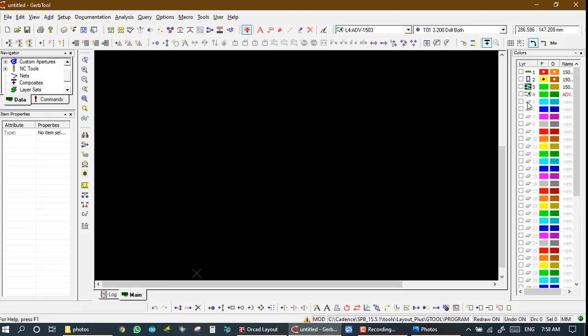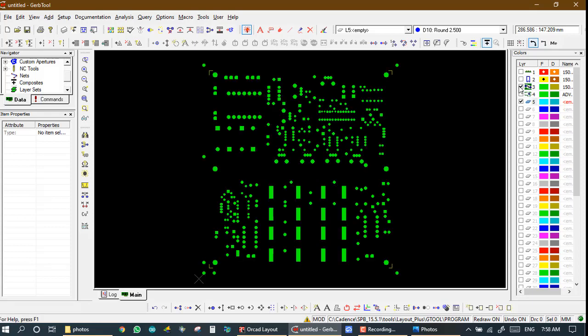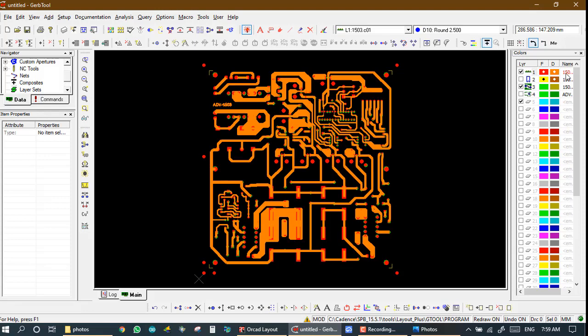Now we make a new layer, layer number 5, and we also keep the masking layer. But here the active layer is the 5th layer, because if we double click on any layer, the color is red on the name, so it is the active layer. If I press on this, the red color is on the silk layer, so the silk layer is my active layer.